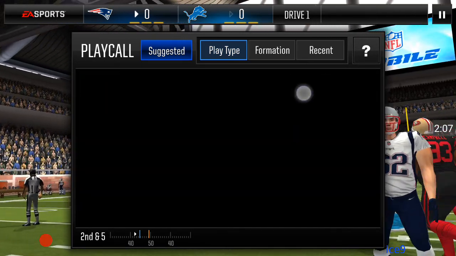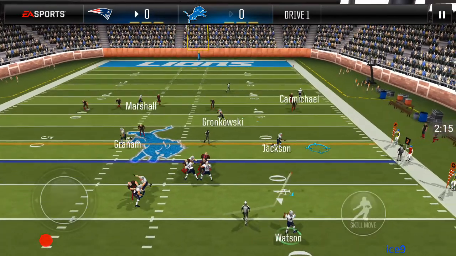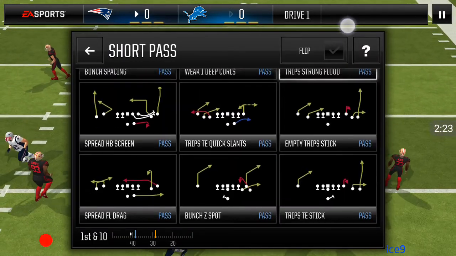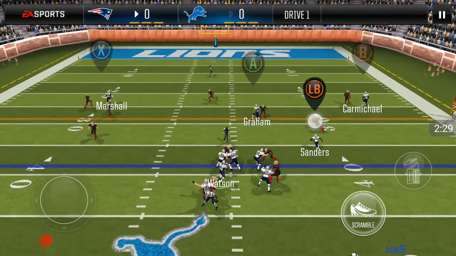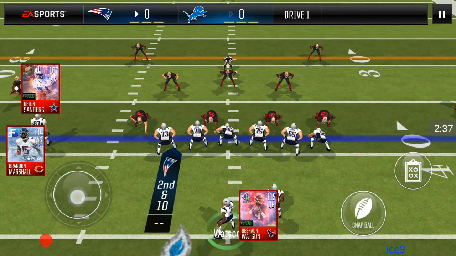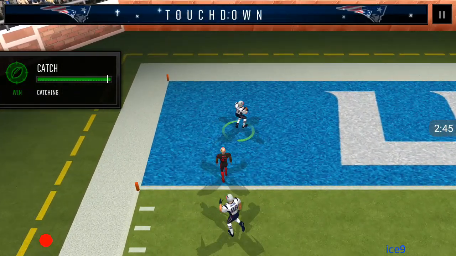Okay, so what do we do here? More short passing game, empty trips. Wait for the clear out to Bo Jackson. And game hasn't changed too much since last year. No catch. No catch. All right, motion cross. That might be a counter. And it may not be. There we go. So there's a touchdown